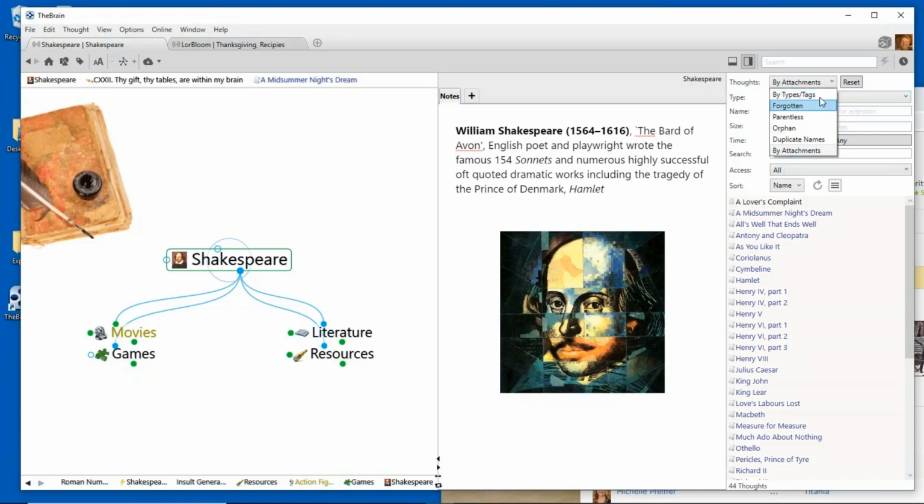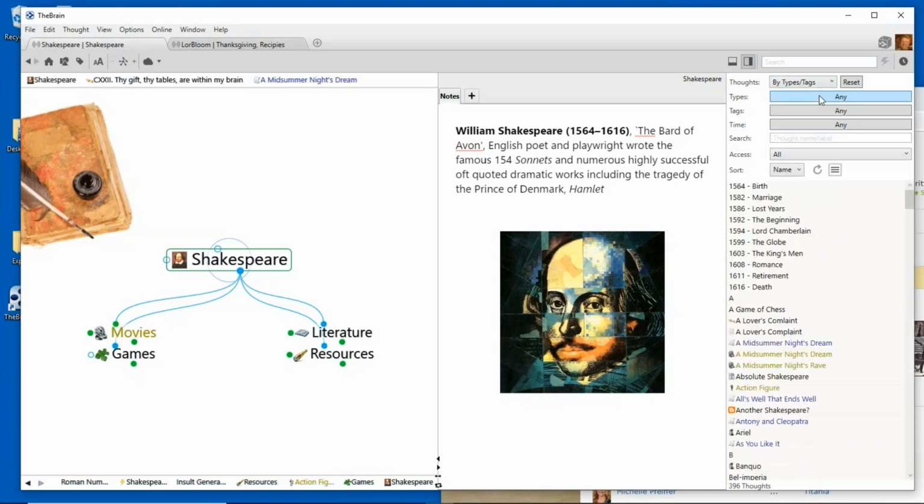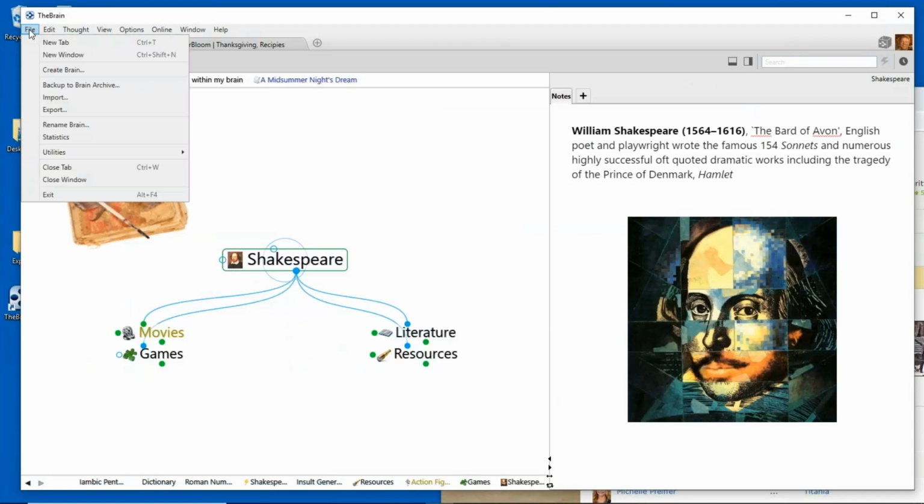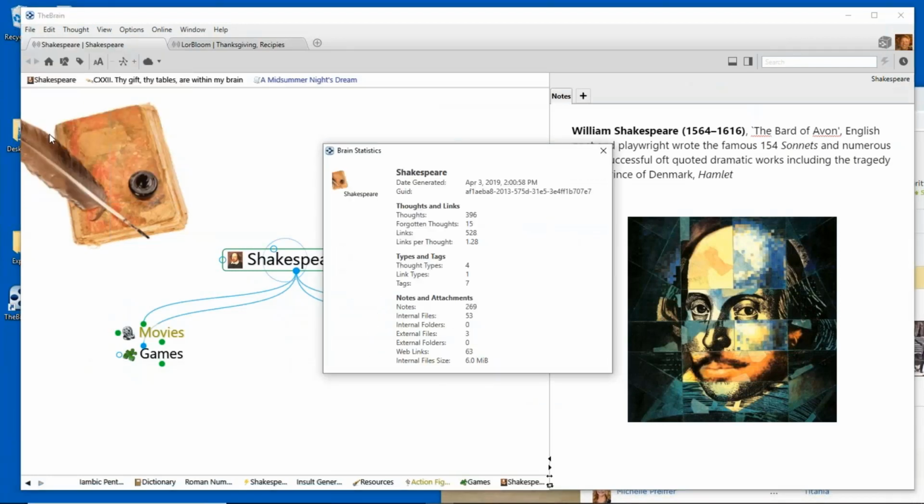So there's a lot that you can do with the reports to review your data, what's been recently edited, what has file attachments, internal, external, etc. So there's a lot that you can do with the reports. But also another way to do this process is if I click on File and I go to Statistics. And any user can do this. Even if you're a free user of the brain, you can open up your statistics, the File, Statistics, and there